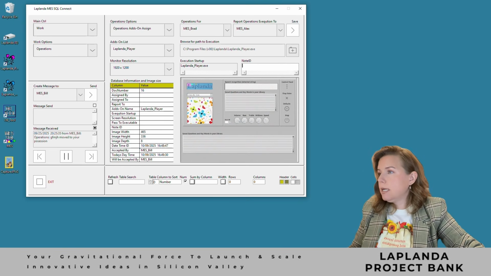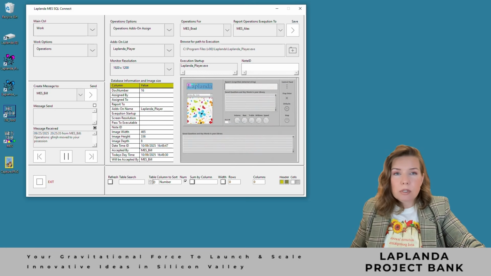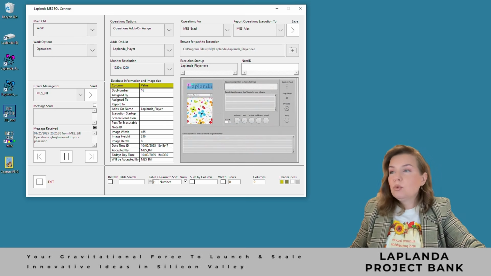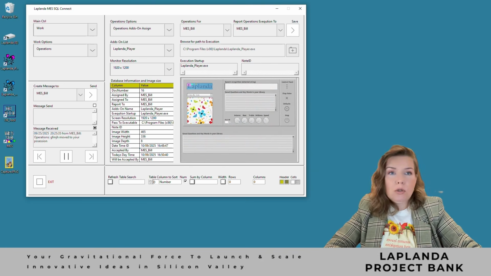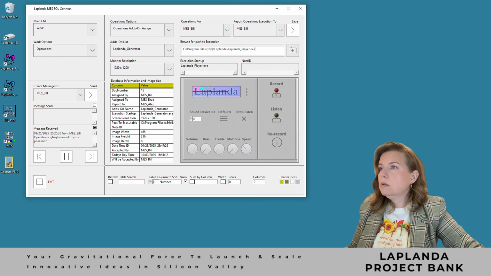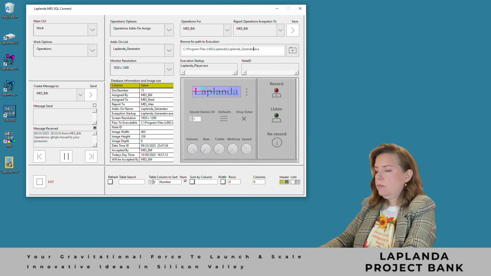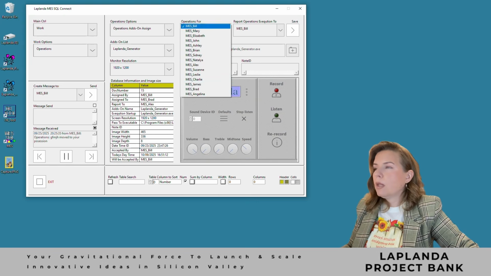As we can see, all the information about the application stored in the database is shown on the left side in the table. So we've created the Laplanda Player application. Let's click Save. And yes, we've created the Laplanda Player application, but what we actually need is the Laplanda Generator application. So I switch to Laplanda Generator, specify the path to its executable file in the same way, and assign this application to